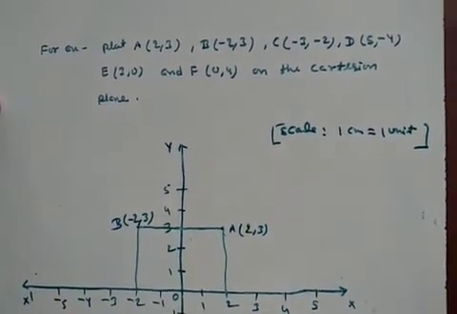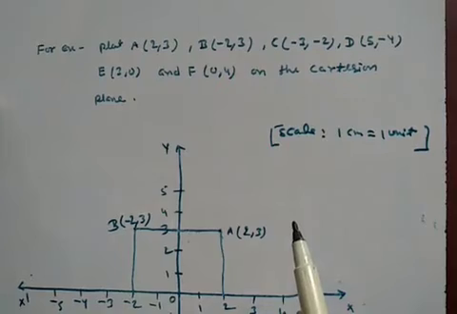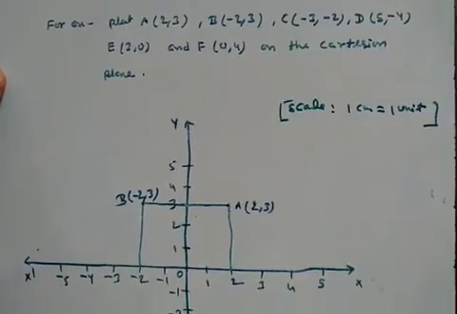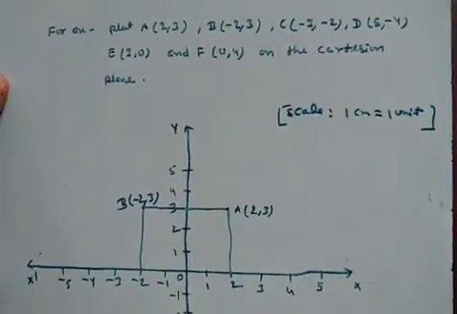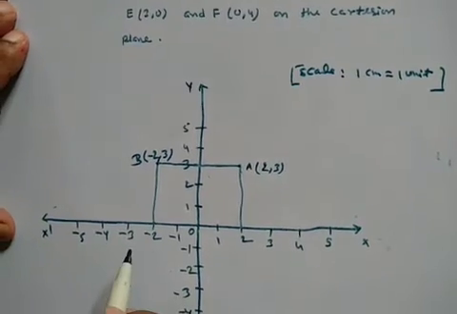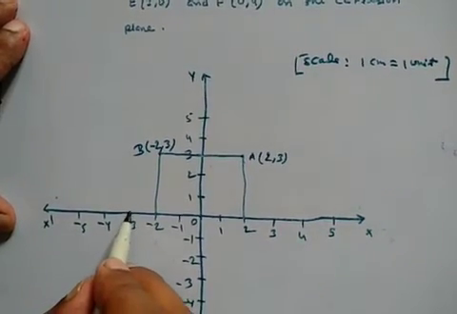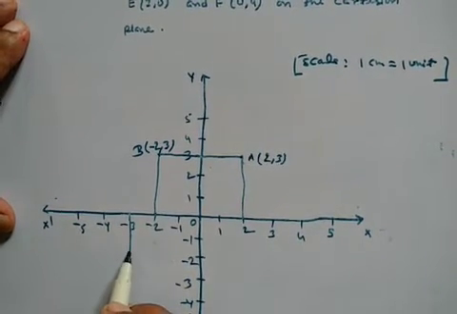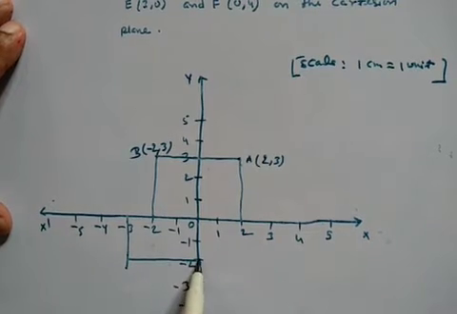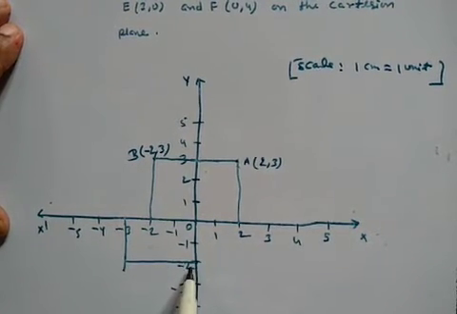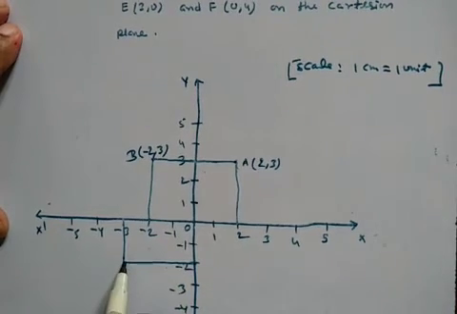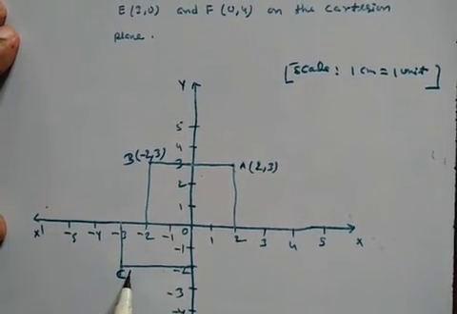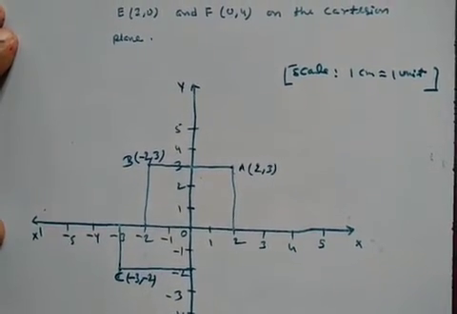Next is C. The ordered pair of C has both negative, abscissa and ordinate. So this point lies in the third quadrant. So -3 is the abscissa. So draw a perpendicular line here, and another perpendicular line on the y-axis at -2. Both perpendicular lines intersect here. This point is C, (-3, -2).